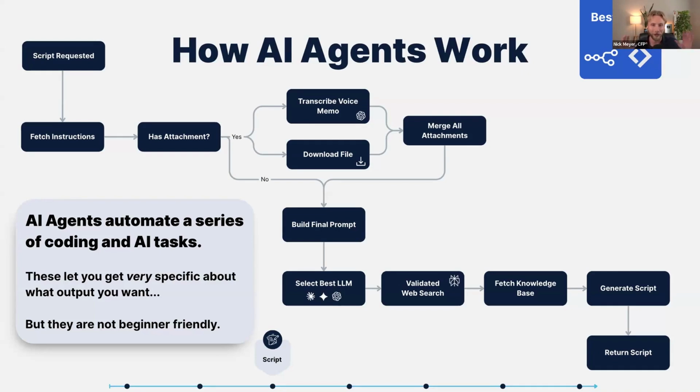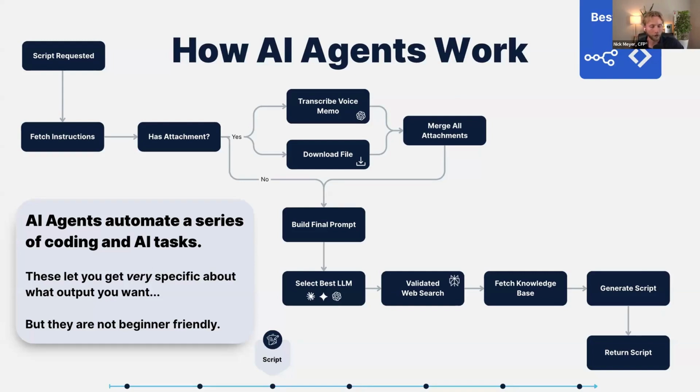They're very complex. Like we spent the last couple months working deeply with a team of developers to help code up the AI agents we use. So unfortunately, this isn't something you can just go into ChatGPT and type in build me an AI agent and it'll give you something. It's not quite there yet. It's not as easy as projects either. But one of the big selling points of AI agents is they're not limited to one AI model. So for example, our scripting agent has access to Claude, Gemini, and ChatGPT, so 3 different AI models. Plus it has access to its own tool belt, which normal chat models just simply don't.